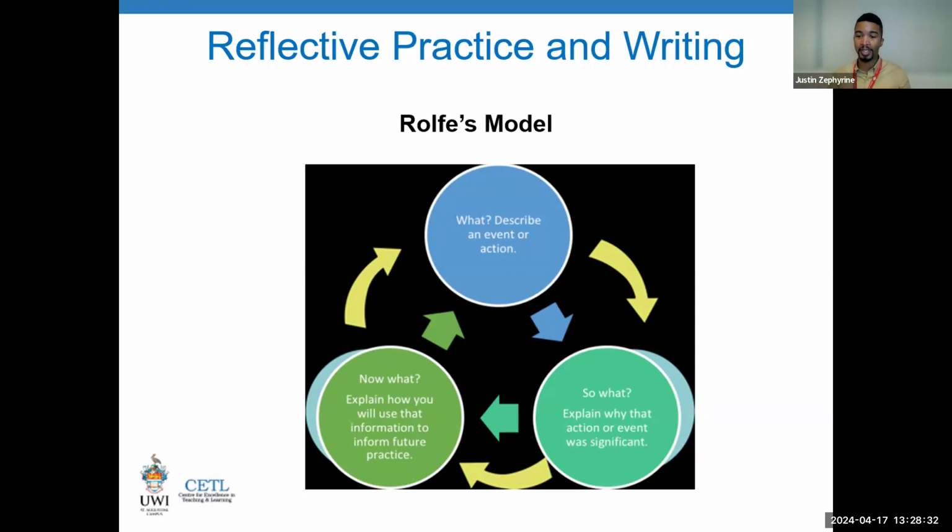Reflective writing is part and parcel of it. Yeah. And there's always a temptation to always overemphasize the what, to be very descriptive, and not really critically engaging with the so what and the now what. And I think this is why the model exists. But in doing so, you really want to more or less project forward, because that is what really makes the reflective writing process